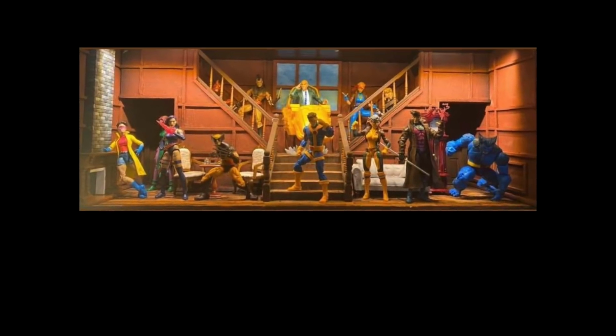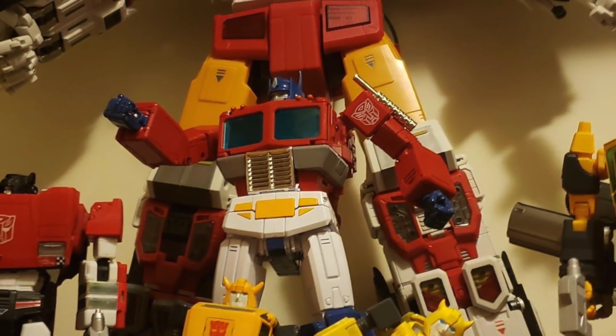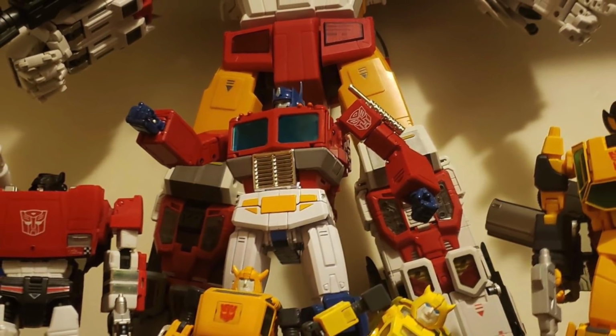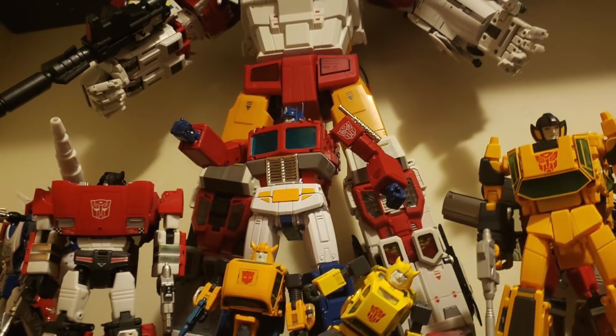He's laughing. You're mean. The Superion one looks good, but look, he has Sunstreaker in an A stance, he has Sideswipe in an A stance, he has Superion in an A stance, but Prime is doing something, Bumblebee is doing something, like...